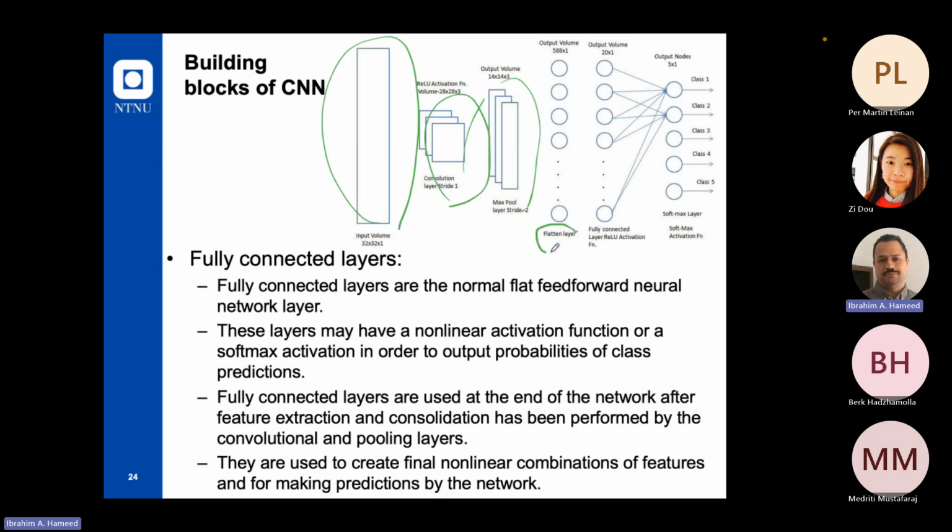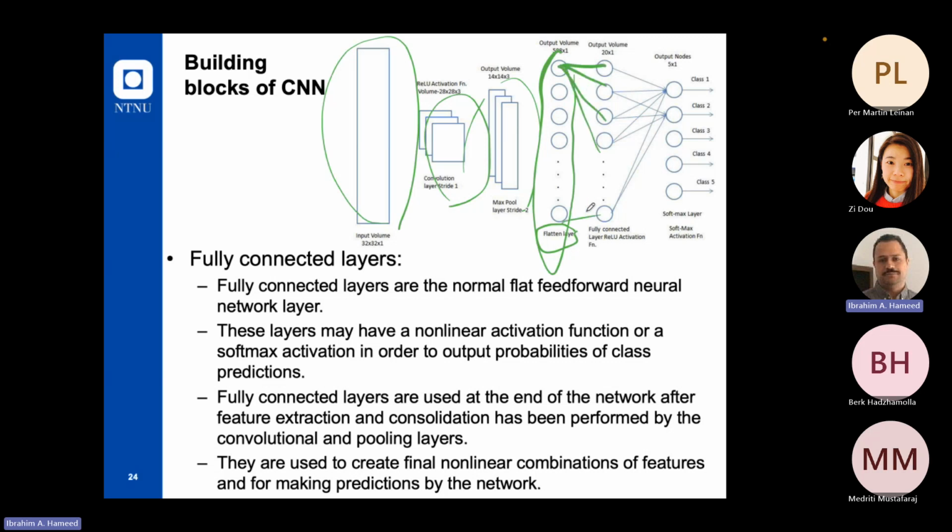Before sending those feature maps to the fully connected layer, we need to flatten them. And flatten is also a layer, in fact, called the flattened layer. This flattened layer does not have any parameters. It will just convert or combine all those feature maps into a 1D vector. We have a number of feature maps, so we just need to combine all of them into one large 1D vector, where we will feed all those numbers to the fully connected